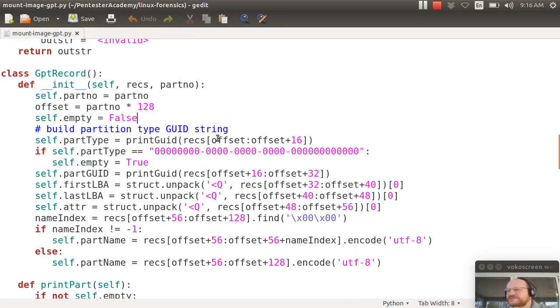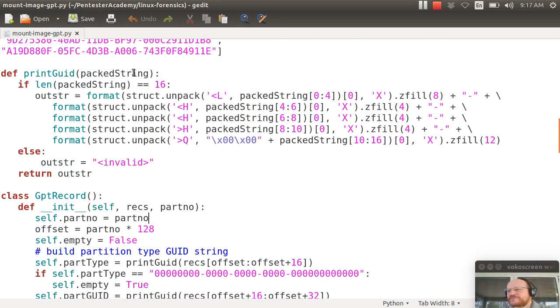And I call this little helper method called print GUID. I give it the appropriate substring, which is offset to offset plus 16, because recall, these are 16 bytes long. And then I check,